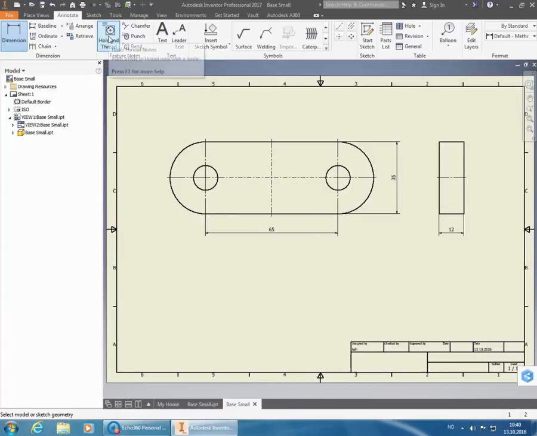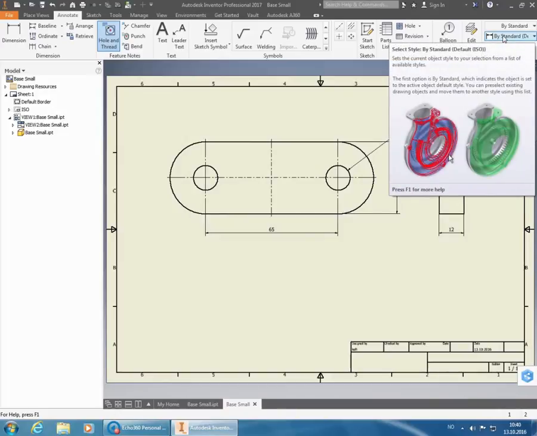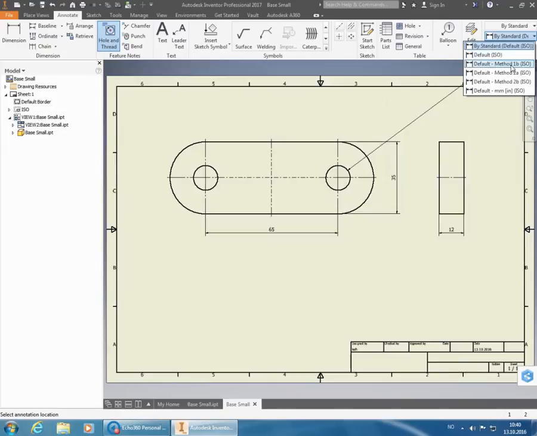So we go over to the hole and thread. We'll click on one of the holes. And now I need to change the method to method 1B again in the formatting. So I place it approximately there. But I also wanted to say that there are two holes. So I need to